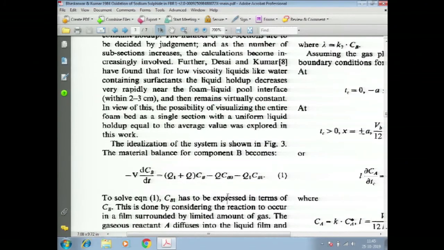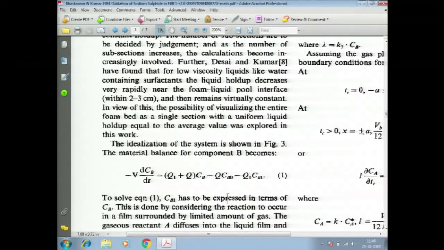Okay. There are two things. I can see the source of your confusion. When we talk of steady state here, please remember very clearly, we are talking of steady state with respect to hydrodynamics, which means the flow rates are the same. Whatever is entering at Q, whatever is leaving is leaving at flow rate Q. Whatever is entering the foam section is Q1, whatever is returning from the foam section is Q1. So the flow rates are equal, that is why V will be equal. And absorption per se is not making any change in the volume.